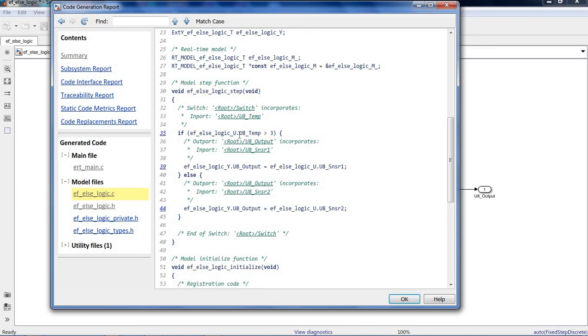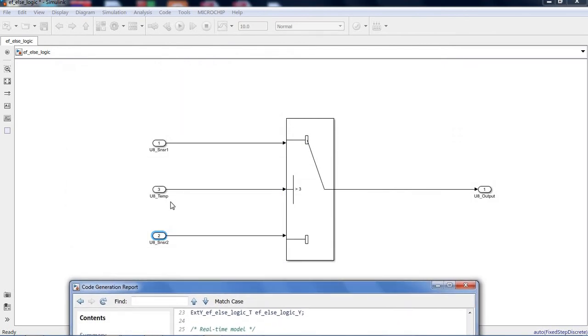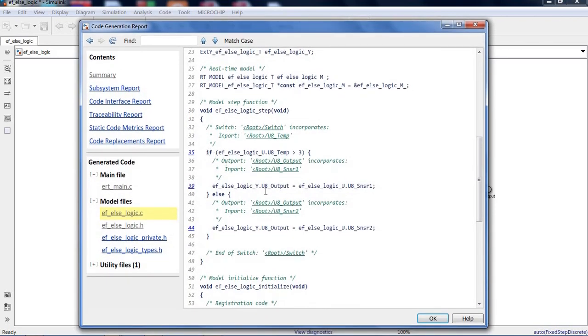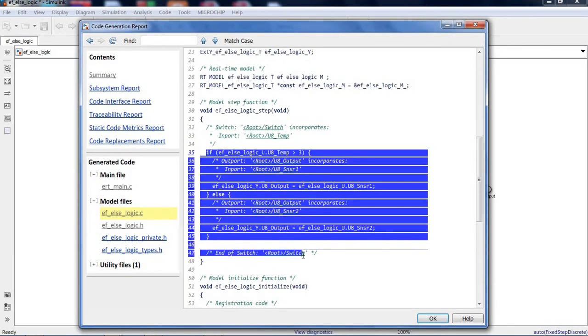You got it? If temperature is greater than 3, output is equal to sensor 1. Otherwise, output is equal to sensor 2. This is our logic.